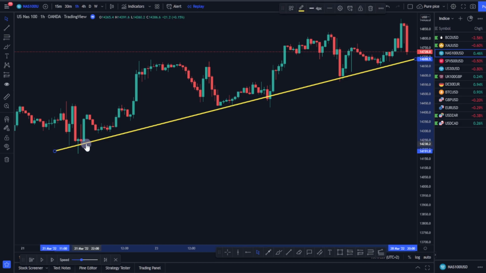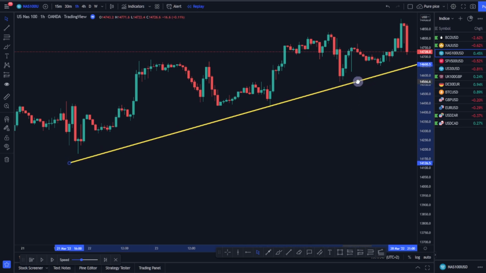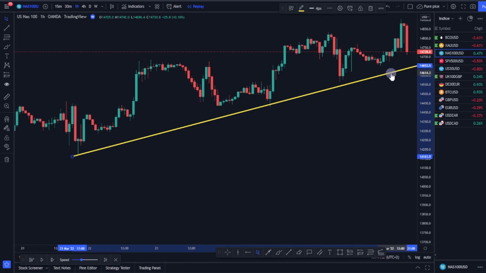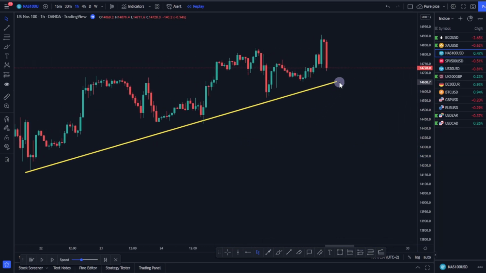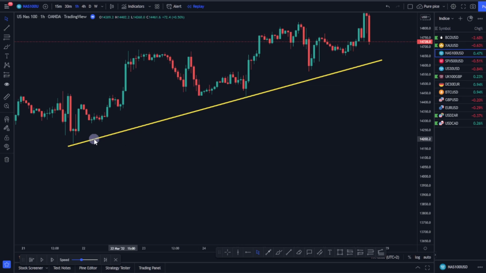Even here it is touching the close of the candles. So there is no actual place where you should put a trend line, because the moment you put it here and let's say you drag it again all the way there, it will mean that when you make your decisions as a trader, you'll only be making decisions based on tails, meaning you'll fail to enter here, you'll fail to get this entry here, because your main focus is the tails of the candles,